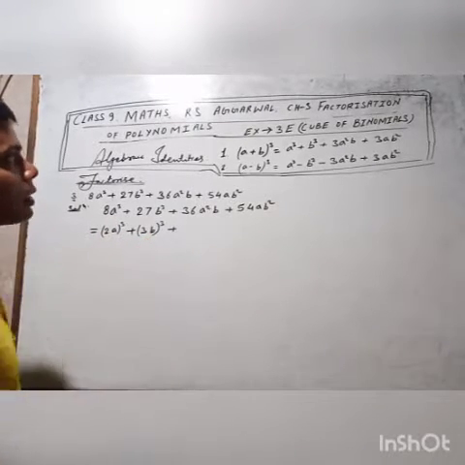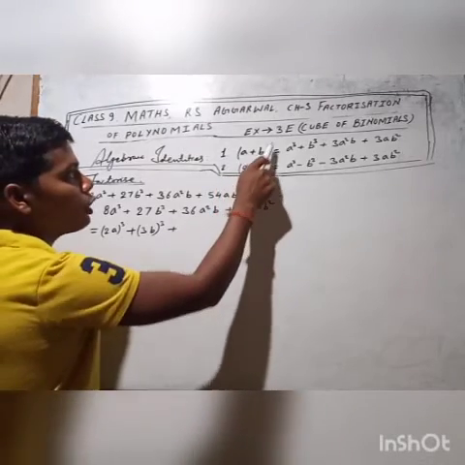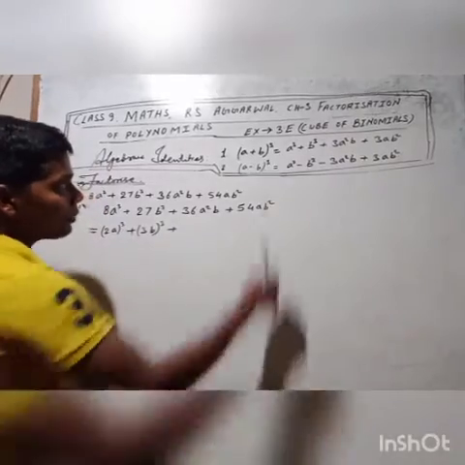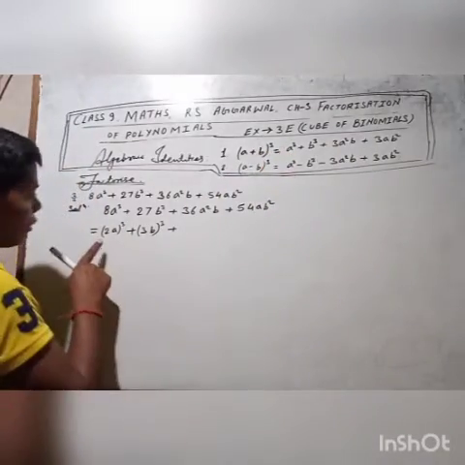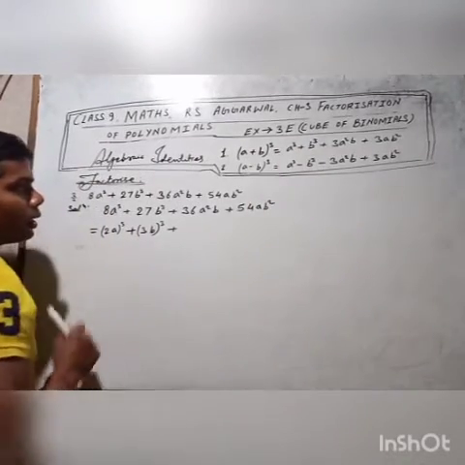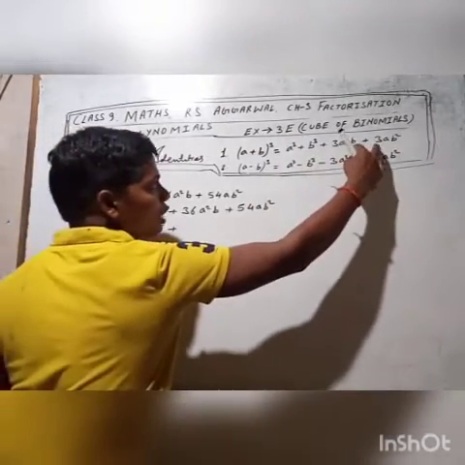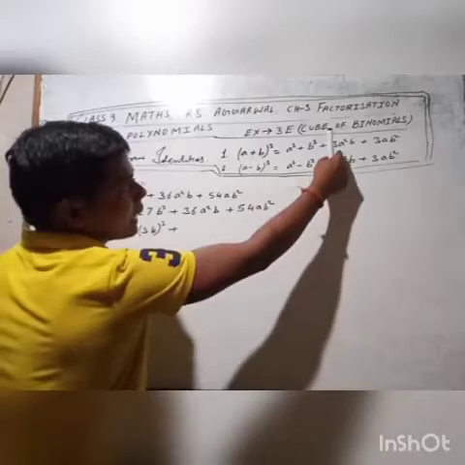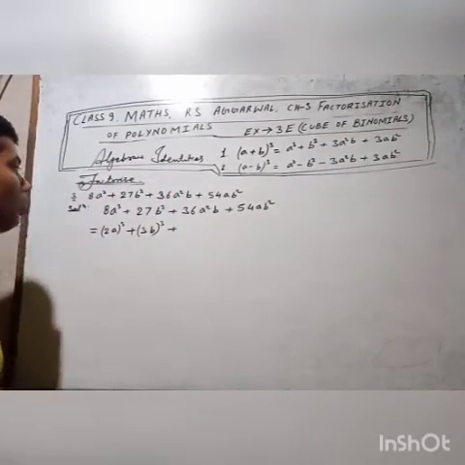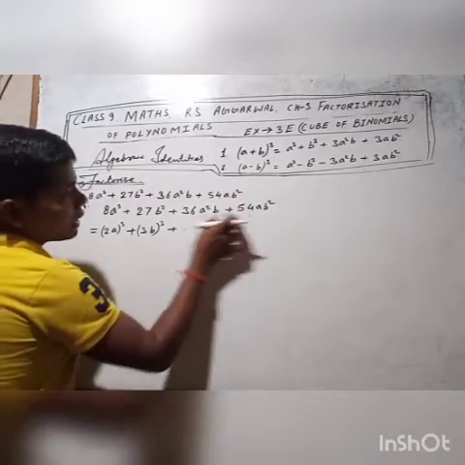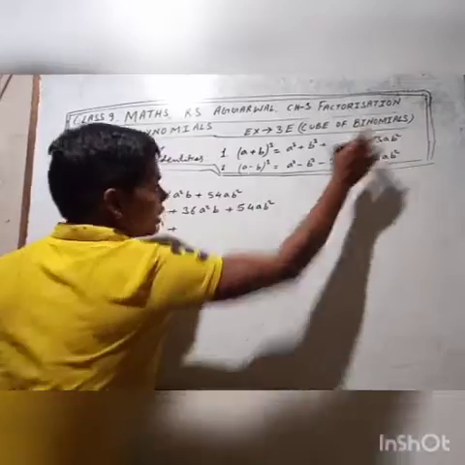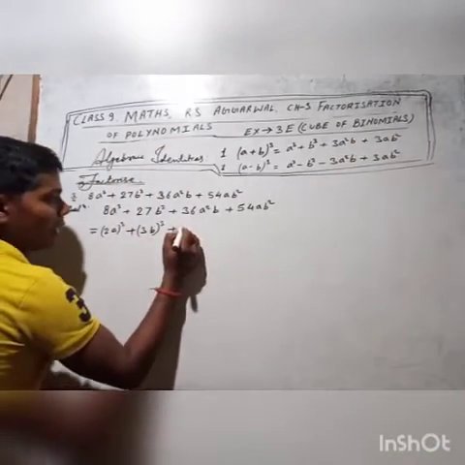Now see, we have got 2a in place of a and 3b in place of b. See here, it is the identity (a plus b) whole cube is equal to a cube plus b cube plus these two terms. So in place of a we have 2a, and in place of b we have 3b. So the last two terms should be in the form of 3a square b plus 3ab square. Now we will not see these two terms directly. You can arrange them by using these two terms.